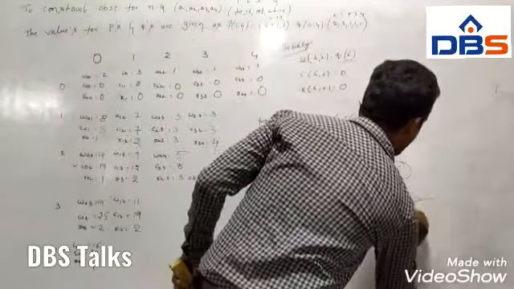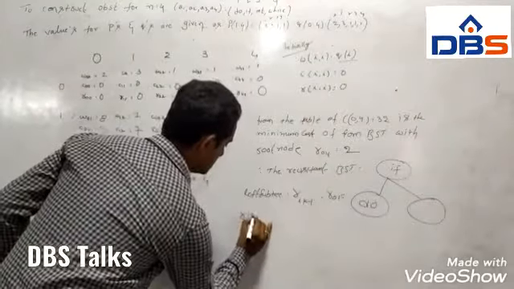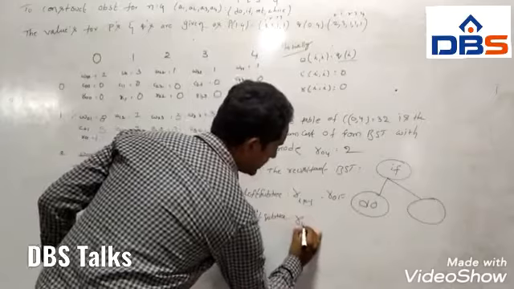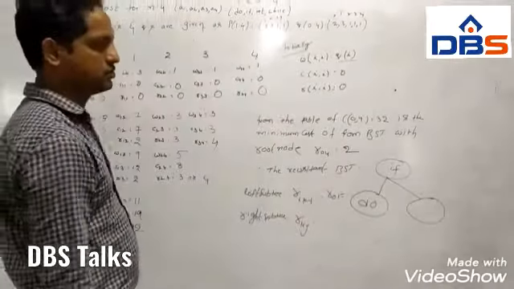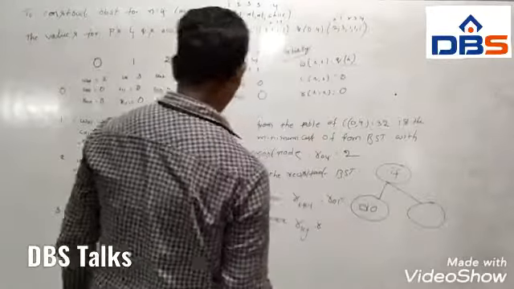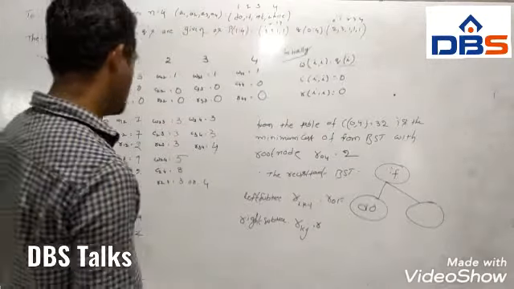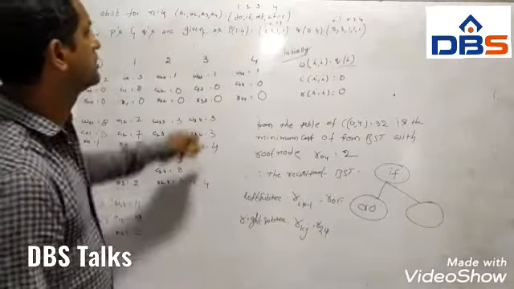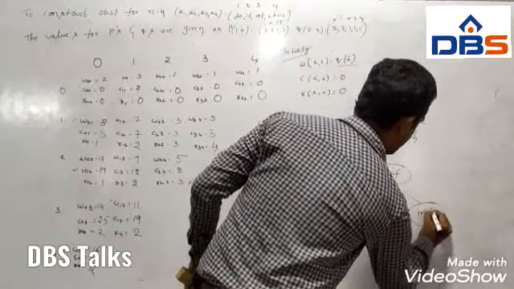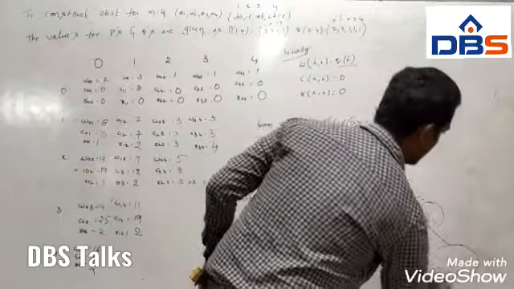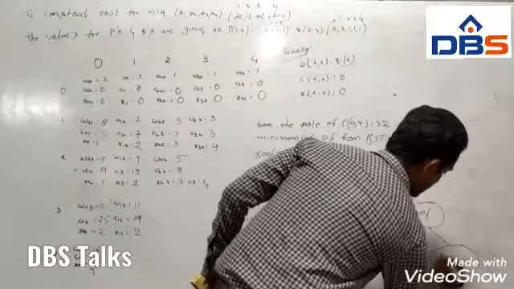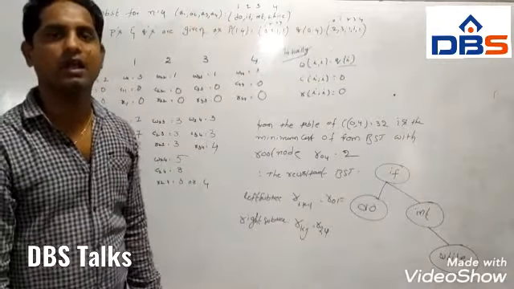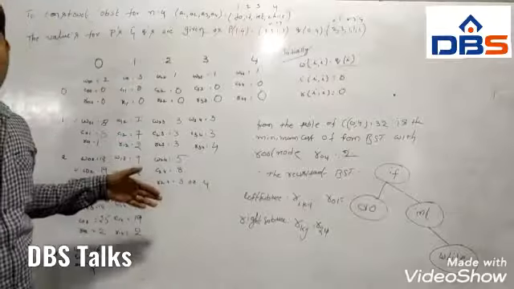Then construct right subtree, that equal to R of k, j. So likewise, K equal to 2, j equal to 4, R of 2, 4 equal to 3. That is int. Then likewise we construct left subtree of the next one, which is while. So likewise we construct the optimal binary search tree using these values.